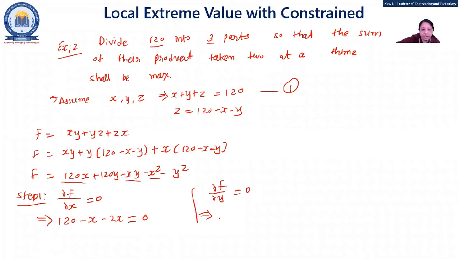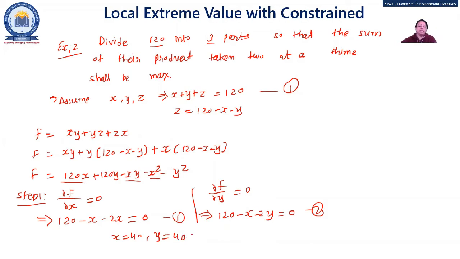See, these sums are very simple. Just make a practice of yourself. You'll get it, right? Equations 1 and 2, solve them. Many students have written direct values of x and y in the chat box, and that is the correct one. It is 40, 40. X and y are 40, 40.